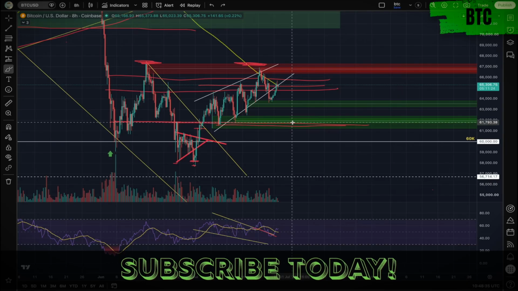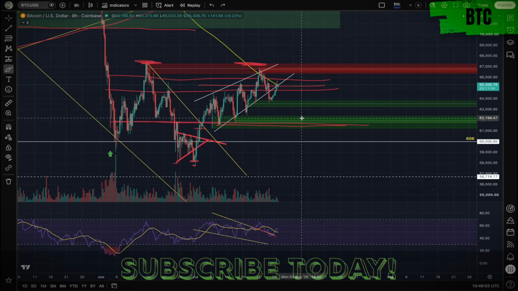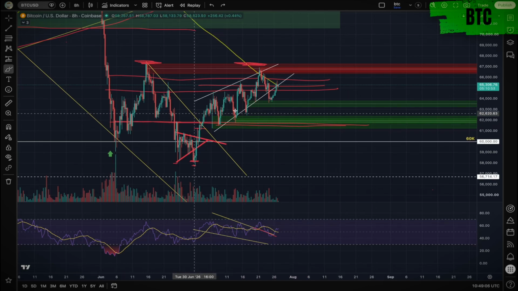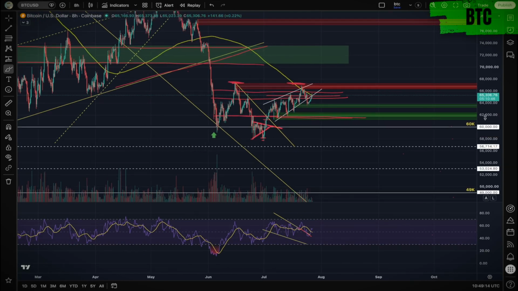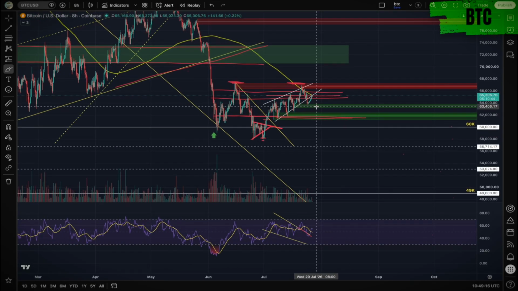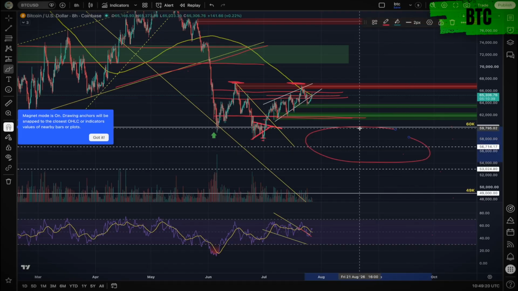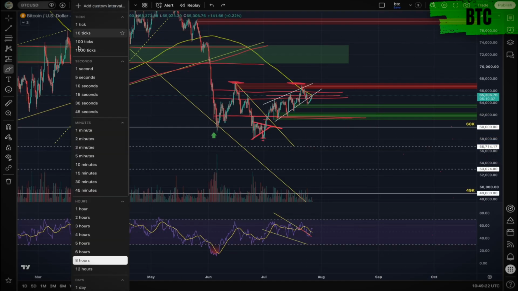So there are trading opportunities here, and I still want to preach a little bit of caution at this kind of area, between 62k and 61k. This whole order block is potentially local support. Yes, we do have the price action which is supporting this structure. The majority of the price action since June has stayed above this area, 61.5k give or take, but we are in a downtrend. We haven't managed to get above these moving averages, which means this whole area is opening up, and 60k seems likely. So a lot of these order blocks seem a little bit more short term.